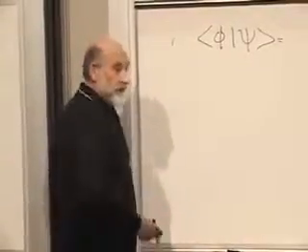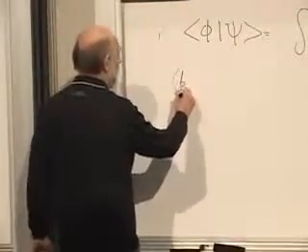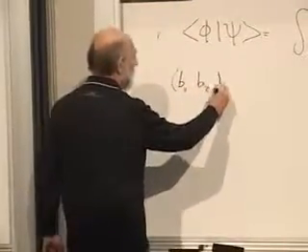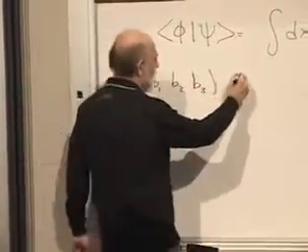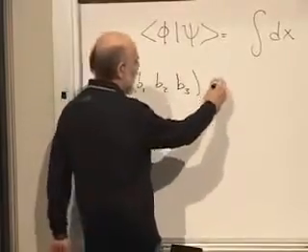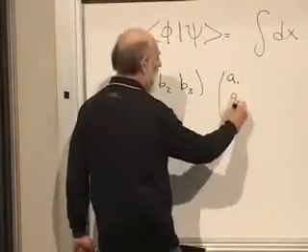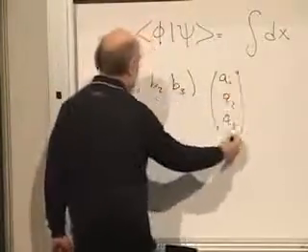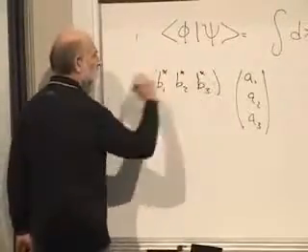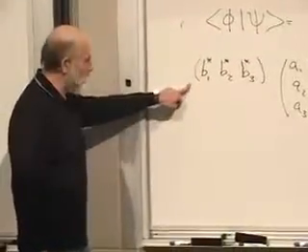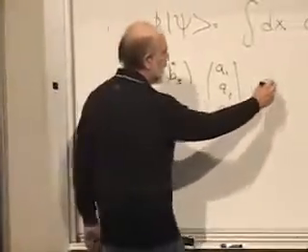For column vectors and row vectors, the bra vectors, let's call the bra vector B1, B2, B3, in a 3-dimensional complex vector space. Let's take the column vector, the ket vector, to be A1, A2, and A3. And I'm sorry, I should have put complex conjugates here. The entries of the row vector are complex conjugates. Then the inner product between B and A